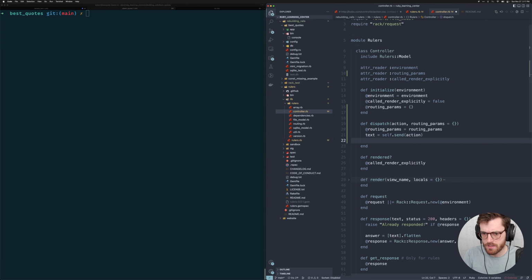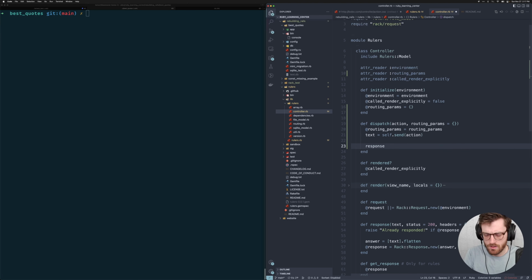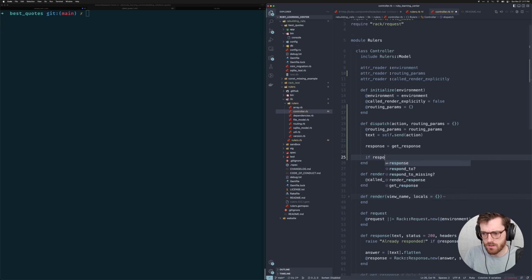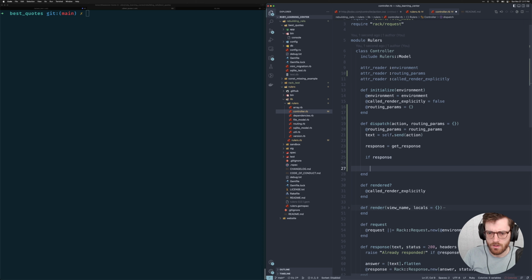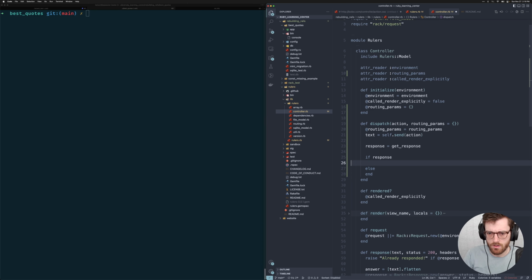Self-send action for the text. Get response. What do we want to get? Okay, so if we have a response, we want